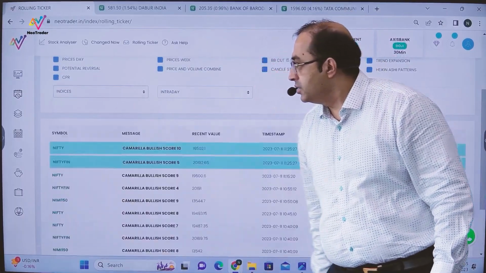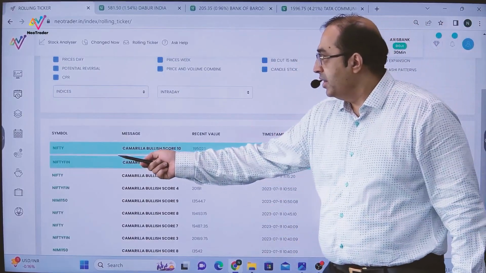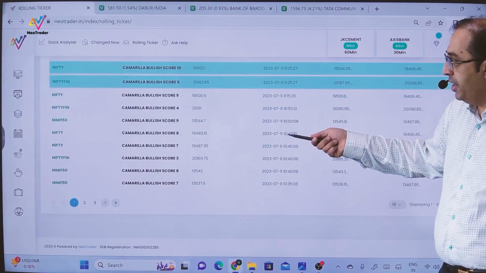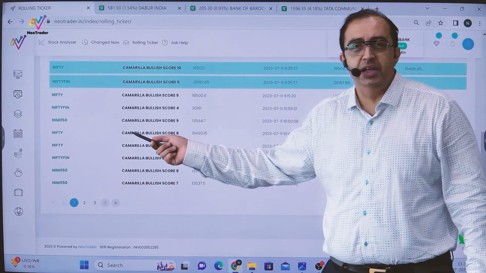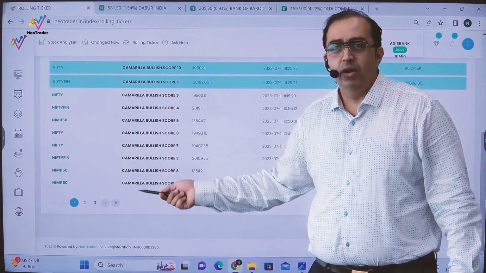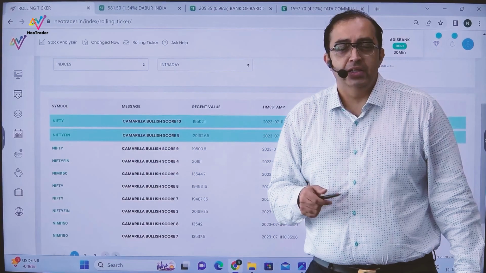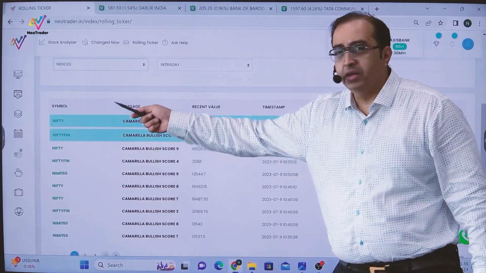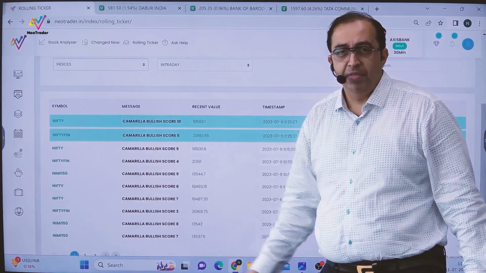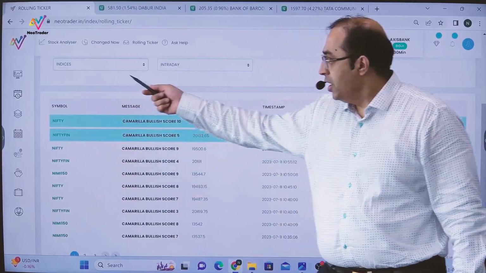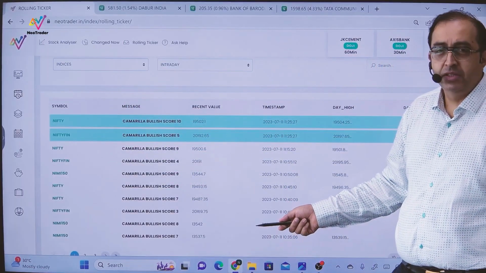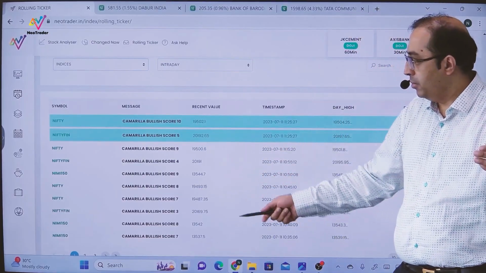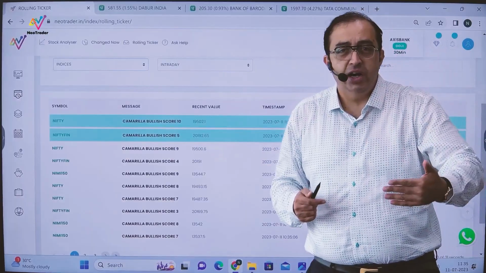If I put the indices, I can see here that Nifty is having a bullish score of 10, right? You can see that Nifty, Bank Nifty, stocks, everything is made available here, and all you have to do is go out there and start trading, correct? Wherever we have put the Midcap Nifty as well, the Fin Nifty as well, right? All those elements, when they are triggering a Camera score, are made available here, and the moment one starts moving, as an index trader, you can take a decision.